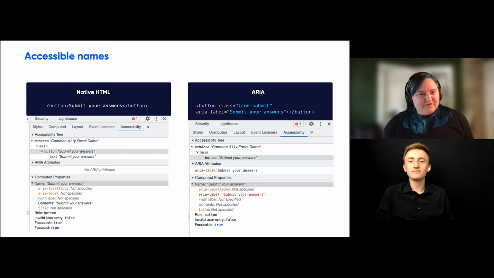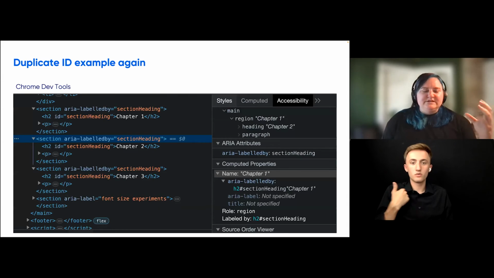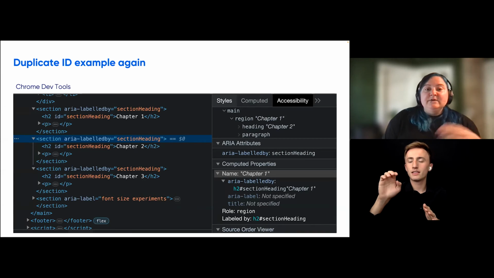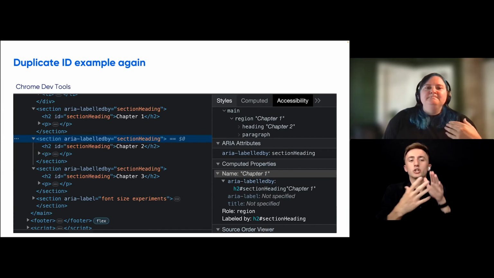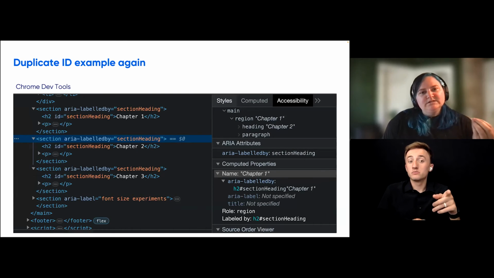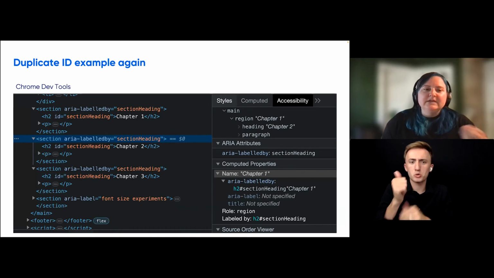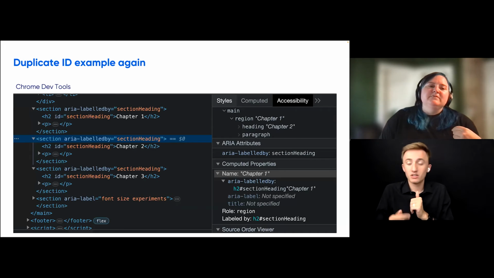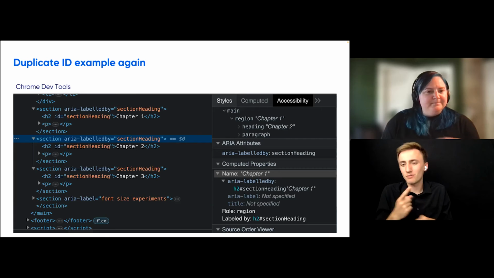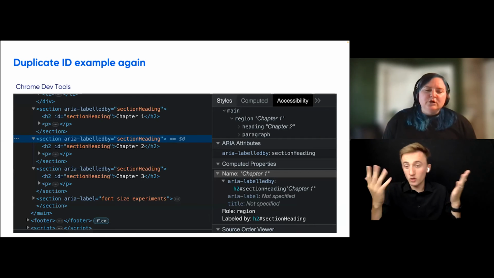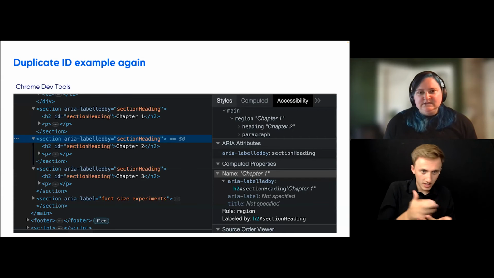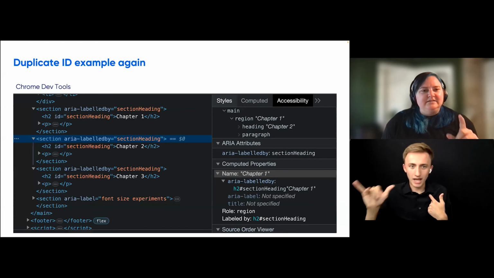And then just for fun, let's look at our example again of those 3 sections that all had ARIA labeled by that was referencing an ID that was duplicated on the page. This would pass most automated checks. It would probably get dinged in an automated check system for regions with the same name, right? Multiple regions with the same name. So that might be your first clue. And then you'll open up your code review and you'll say, well, all of them have an ARIA labeled by, so what's the deal? Next step is to check that ID.